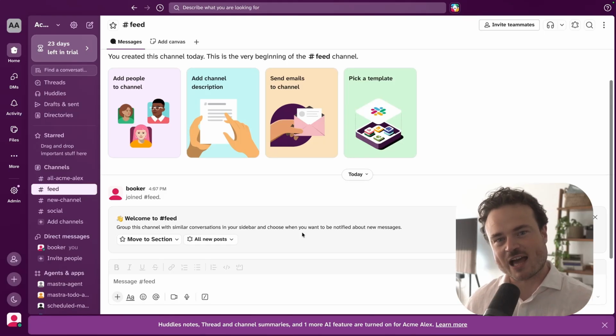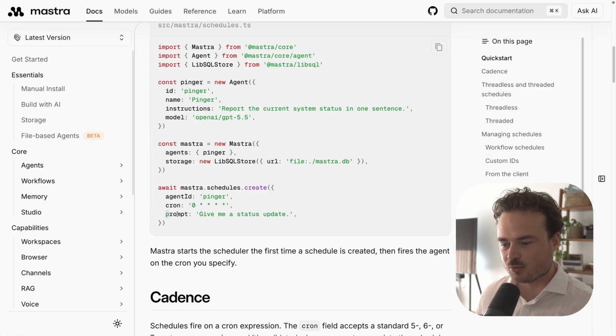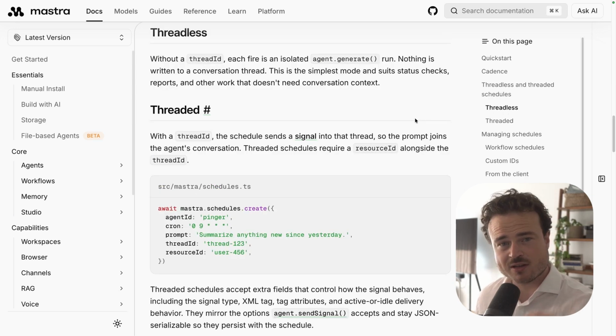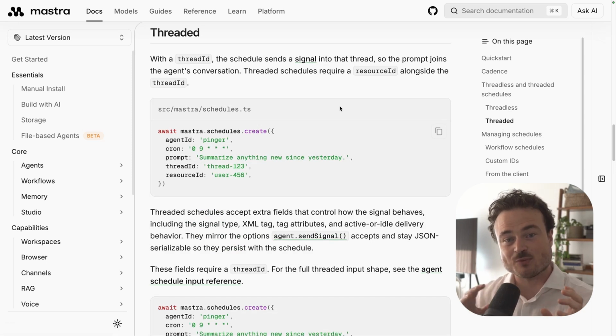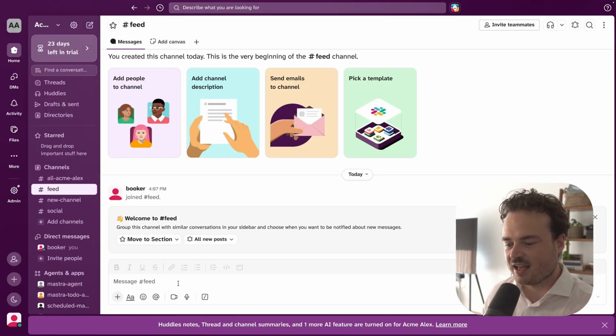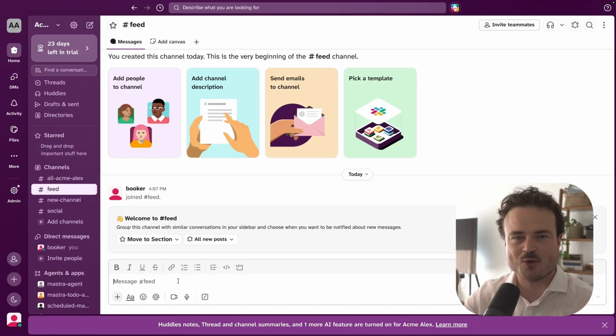Mastra agents now support schedules, which means you can periodically run your agent with a prompt on a cron schedule, either in a threadless mode, where the agent run happens in the background independently of the conversation, or in a threaded mode, whereby the agent will periodically join the conversation, maybe with a summary, a reminder, or a question, something like that. You can use schedules in any form of Mastra agent, be that in Studio or in your own